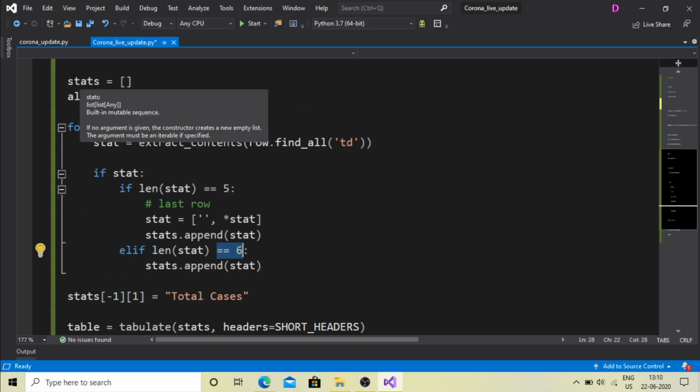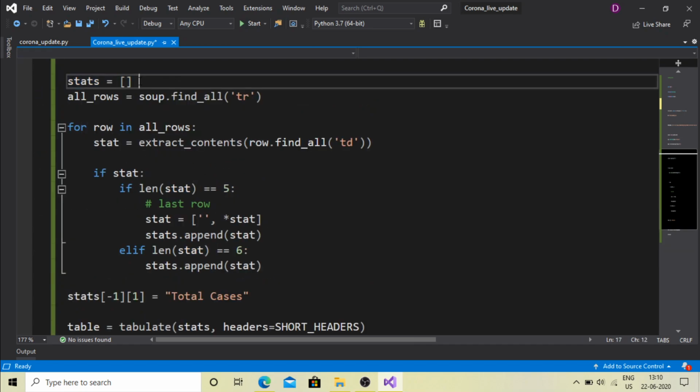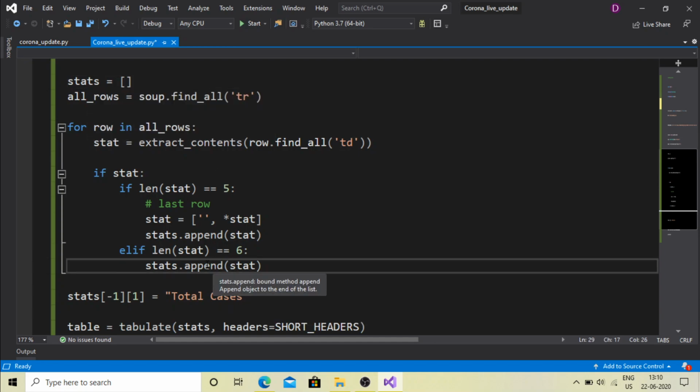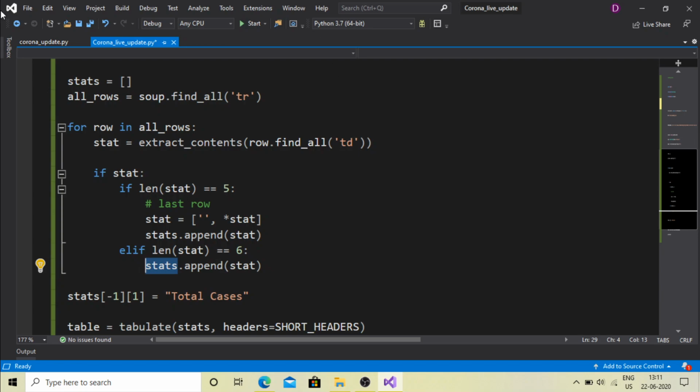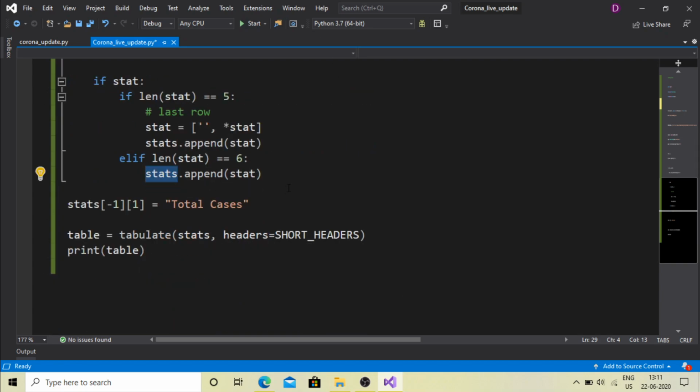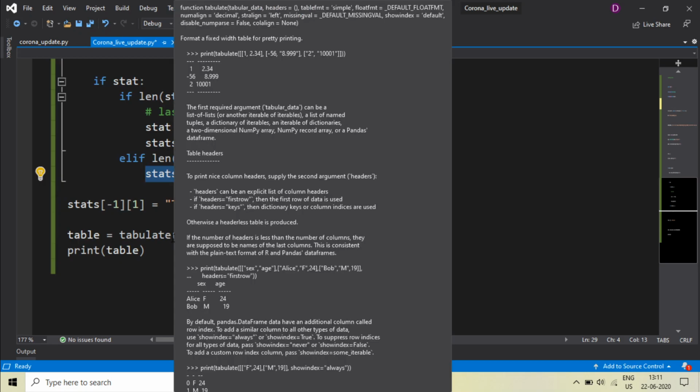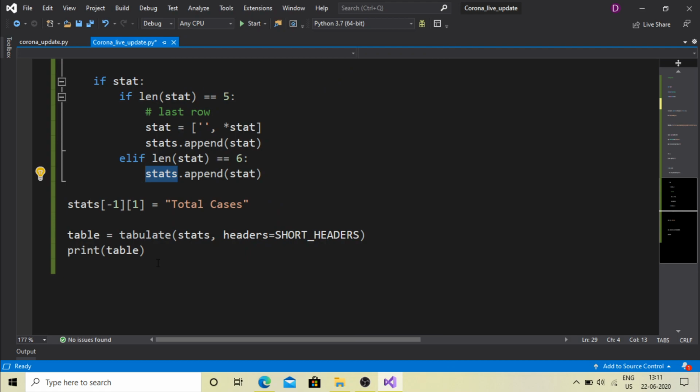Now we have already created a blank list, that is stats, and all the data gets appended into that list. Now the next thing we are doing is we want the data to be shown in tabular form. As I have already told you in the beginning, the tabulate module will help us to do so.